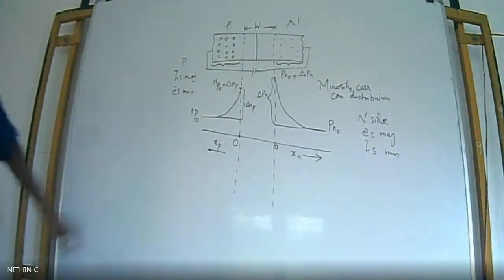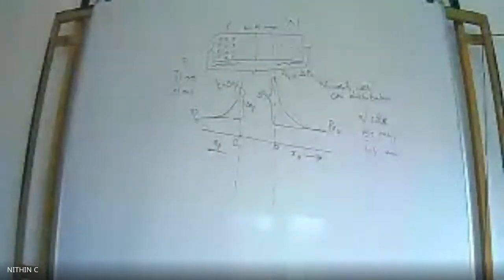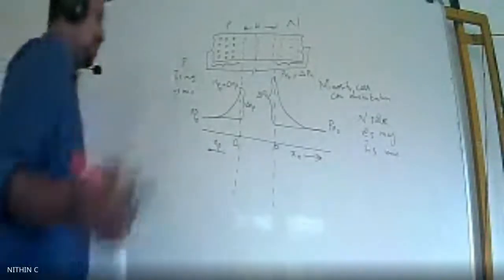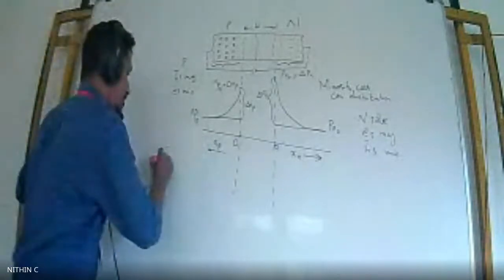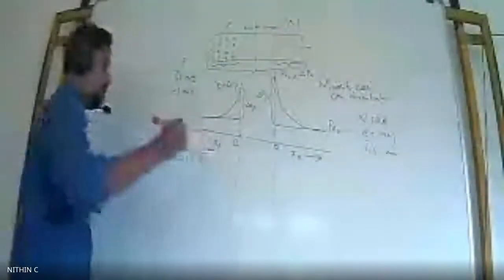So having marked the origin and distances, as the next step, we can say that the total current of a PN junction diode can be evaluated as the summation of minority carrier diffusion currents at the edges of the depletion layer. The total current I can be considered as a summation of IN plus IP, that is the electron current and hole current.